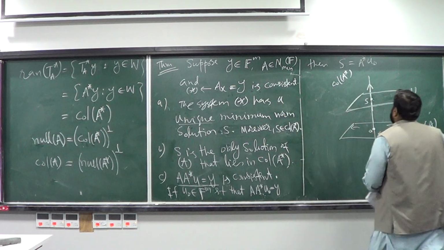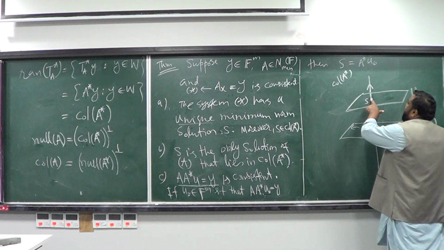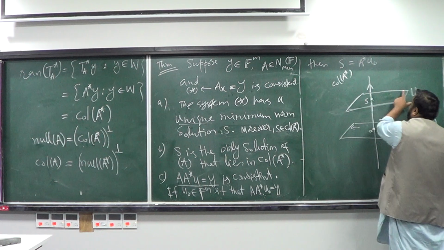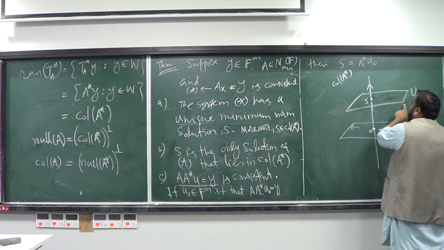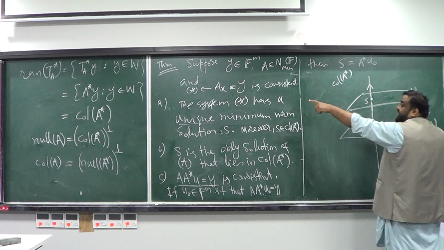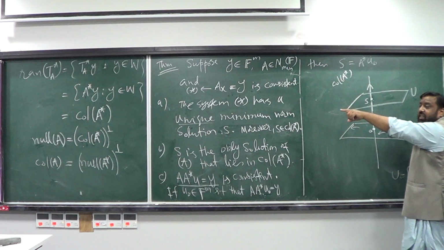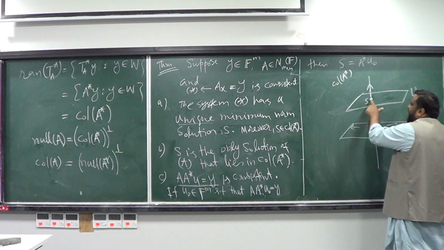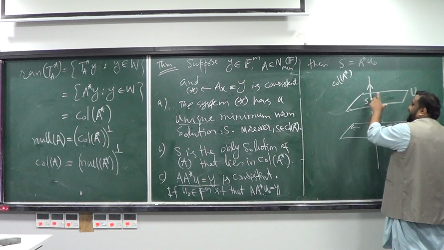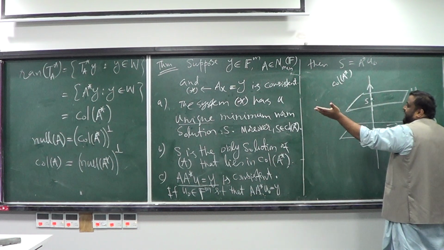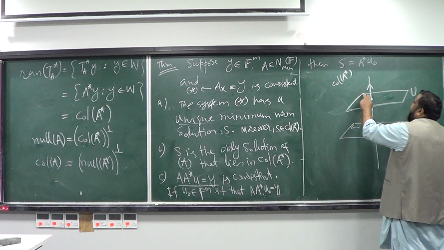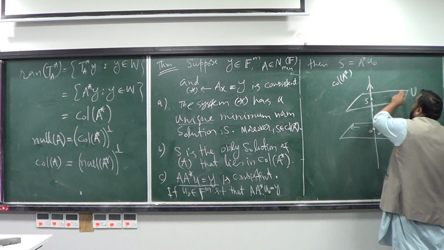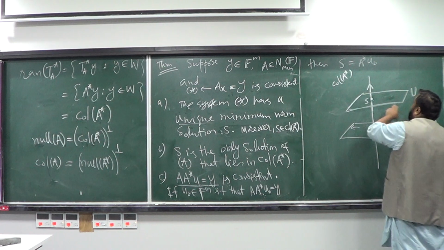So therefore, this S is the only solution that is common with the space of the solutions of Ax equal to y. So it's a unique solution, a unique point, a vector that solves Ax equal to y, and it lives on the column space,